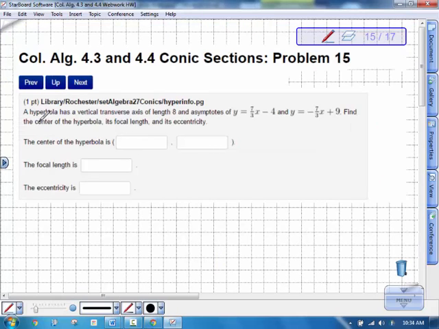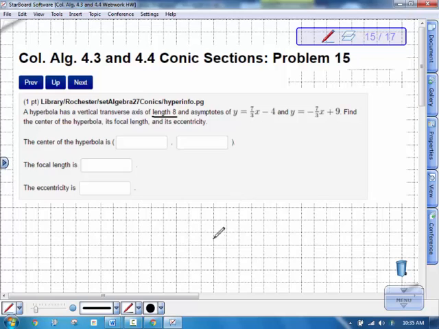The next problem says we have a hyperbola has a vertical transverse axis of length 8, which I think that's a typo 2. This problem has a couple problems in it. For me, this didn't work, the focal length, but I'll go through it anyway. These first and third answers should work fine. But they give us 2 of the asymptotes, and they want us to find the center and the focal length and then the eccentricity. So I'm going to graph both these lines real quick,